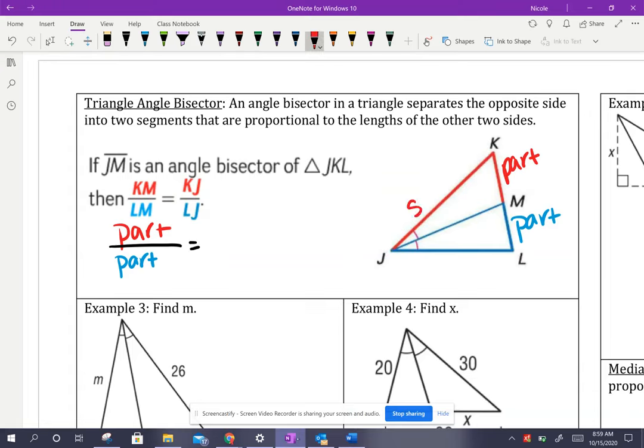the entire side length over the entire side length. So it creates a proportion that says part over part equals side over side. So those will be proportional to each other. So if we look at an example of this,